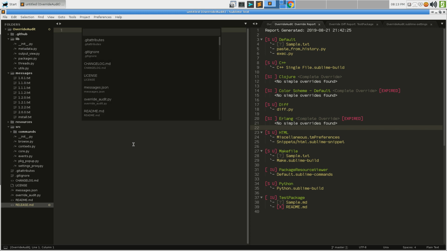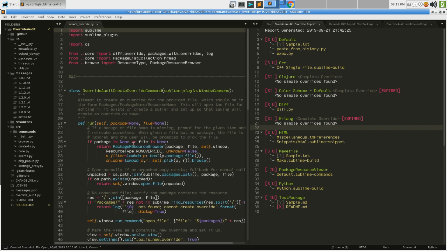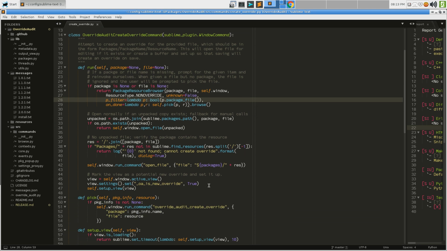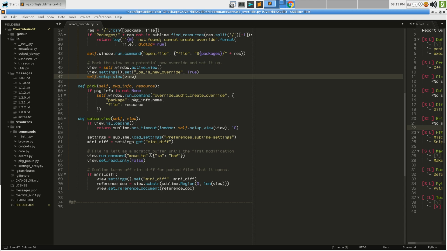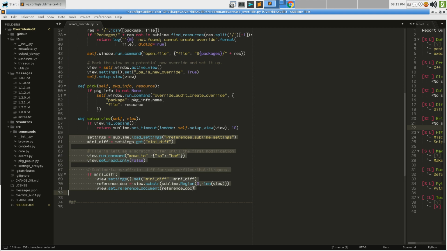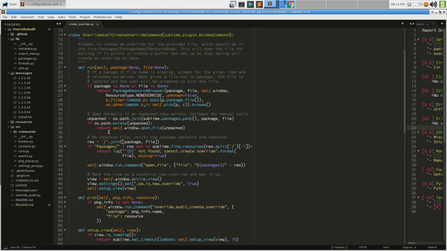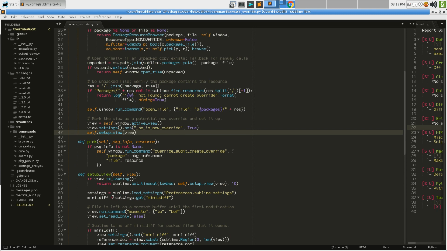But let us say we want to look at create override.py, because there is some code in here that we kind of already want here, self.setupView, which is this. Specifically, I think this code here. If you remember when we were actually working on this, after this command has opened the file, it sets a setting in it that says that it is a new override, and then it calls SetupView, which is this code here,